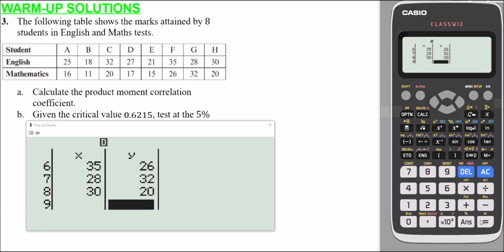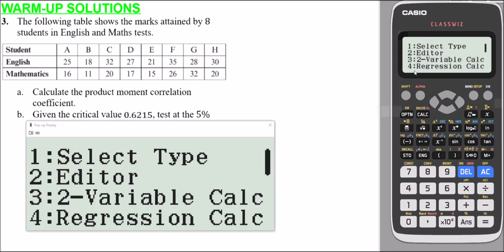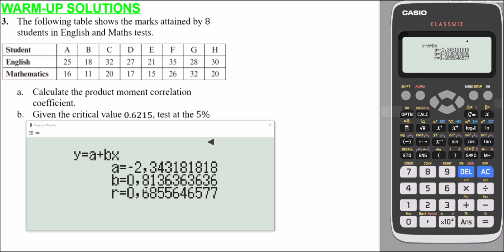Now we want to work out some options based on this data we've typed in. So press OPTN for option, and what we want here is option 4 for regression calculation. Regression is essentially telling us the PMCC. So we press number 4, and we want our r number. So PMCC r is